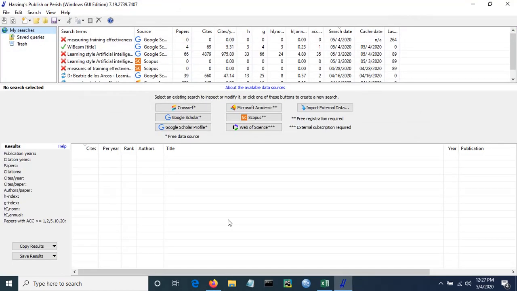To start with, I will just show you the layout of the software first, and then we'll see how it works. This software, basically what it does is it consolidates results from various data sources, precisely 6 data sources, out of which 3 are free data sources, Crossref, Google Search and Google Scholar Profile. The other 3, out of which 2 are free but registration is required, and the third one, Web of Science, requires subscription. So let's see how to do a search and what are the benefits of using this software for doing a literature search on the internet.